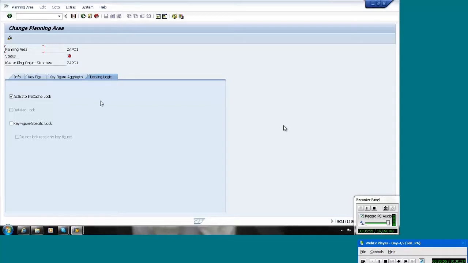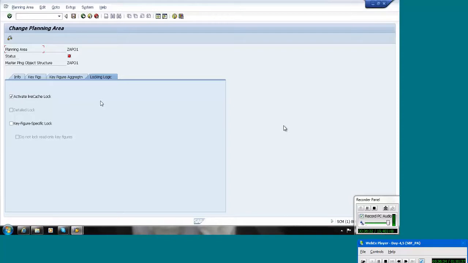If you select this option, it will check the detail level CVCs, and if somebody is working on a particular detail level of CVCs, it will not allow others to make changes. Otherwise, if you are doing some changes and I am doing some changes, the system will conflict over which changes should be referred. So that is the reason we give this option: it will give a message and will not allow you to do the changes. And in the logs we can see who is locking and which CVCs they are locking.